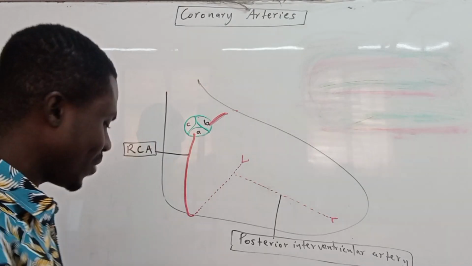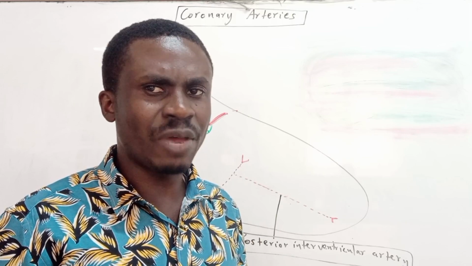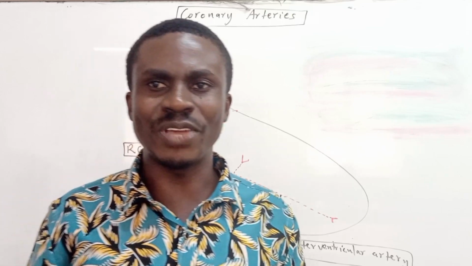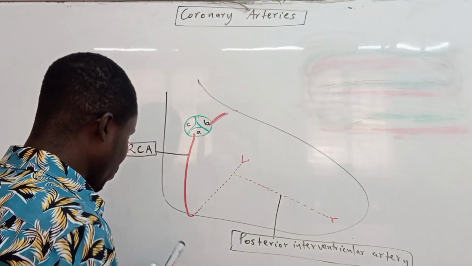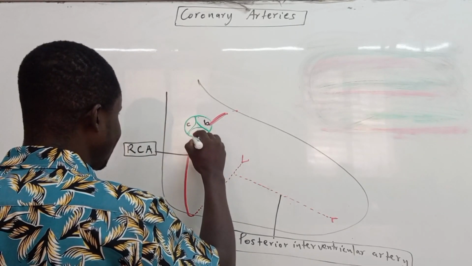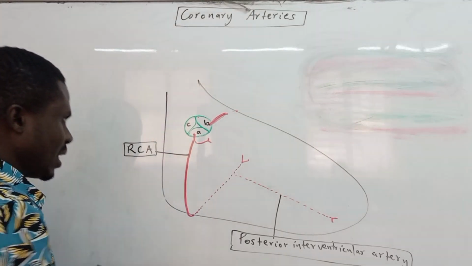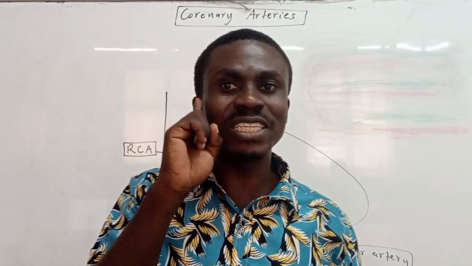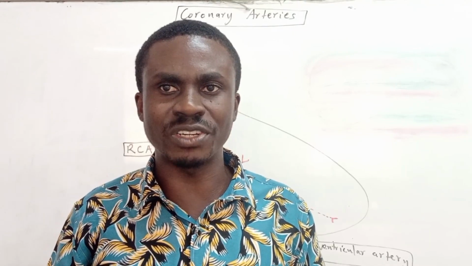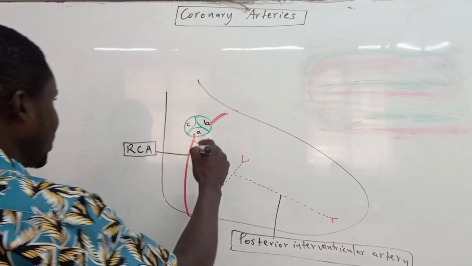The first branch of this right coronary artery actually goes on and supplies something that we did last week, the conus portion, the infundibular portion of the right ventricle. So the first branch will come out going to supply, let me say it's coming out from here, going to supply what we call the infundibular. Whenever I say infundibular, last week I told you that is the smooth outflowing portion of the right ventricle. So this artery over here becomes the first branch of this right coronary artery,